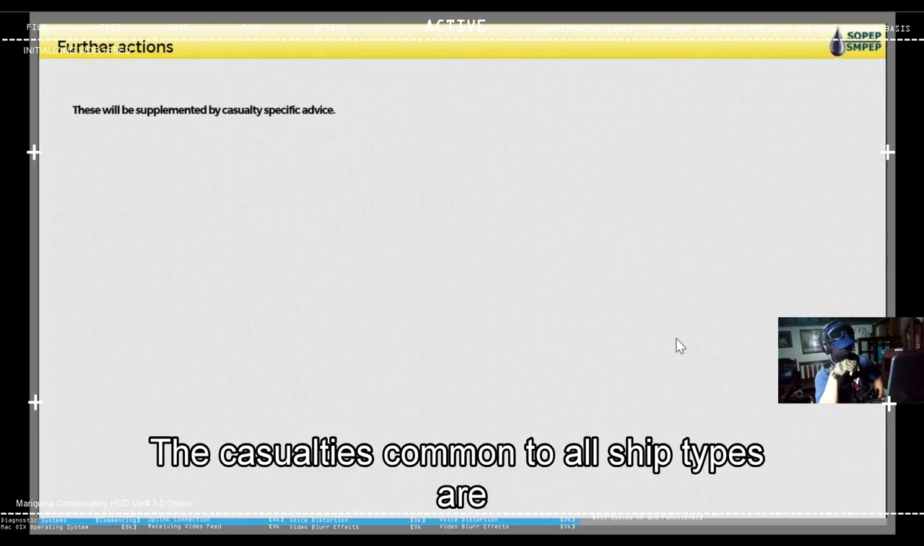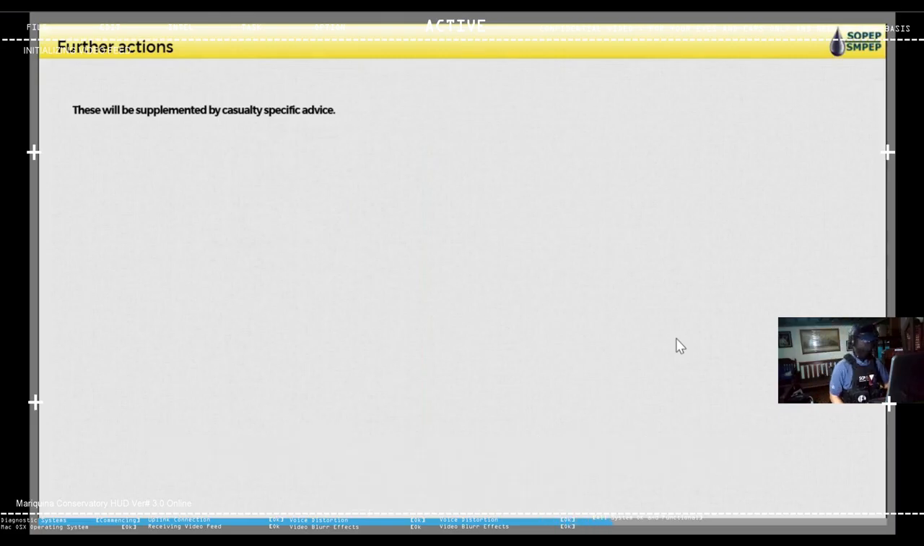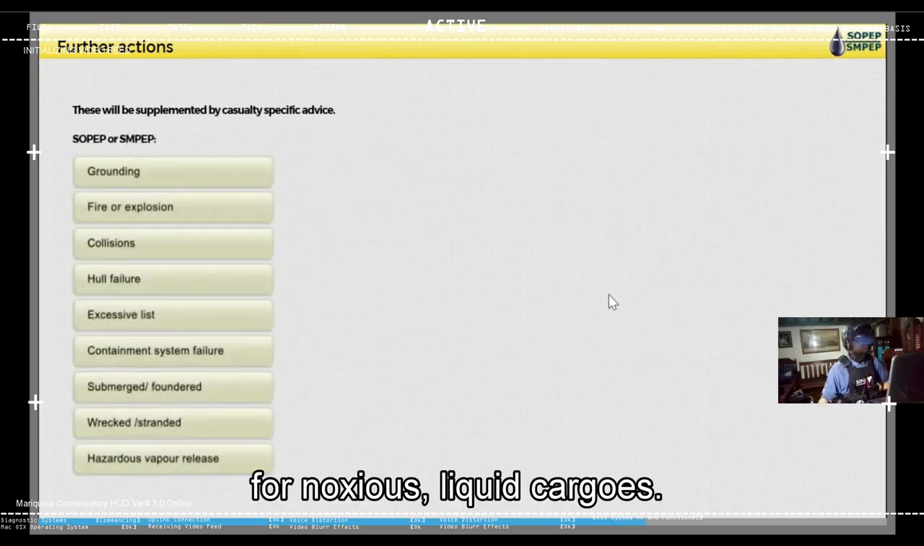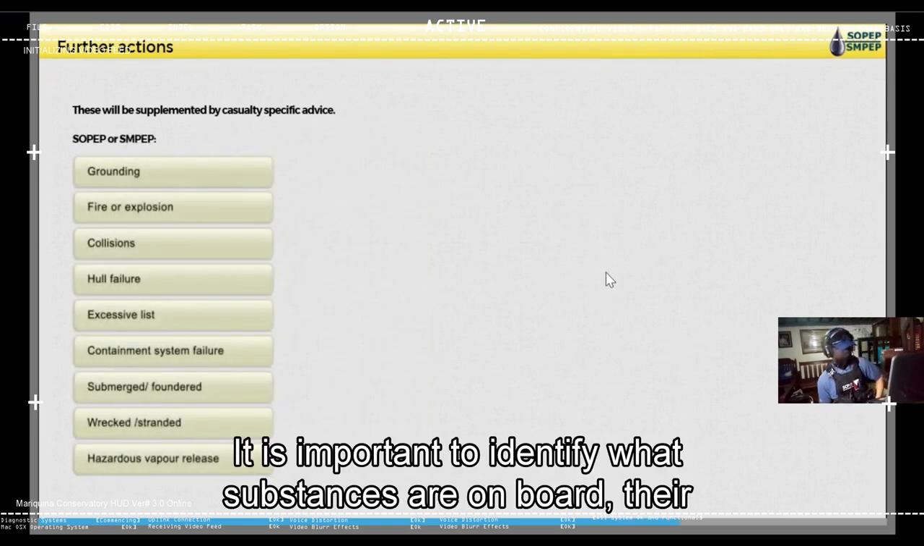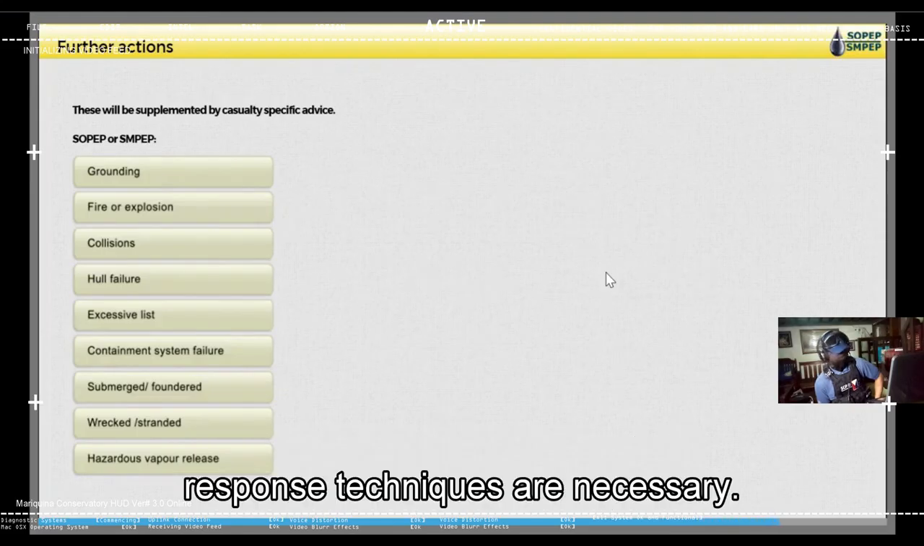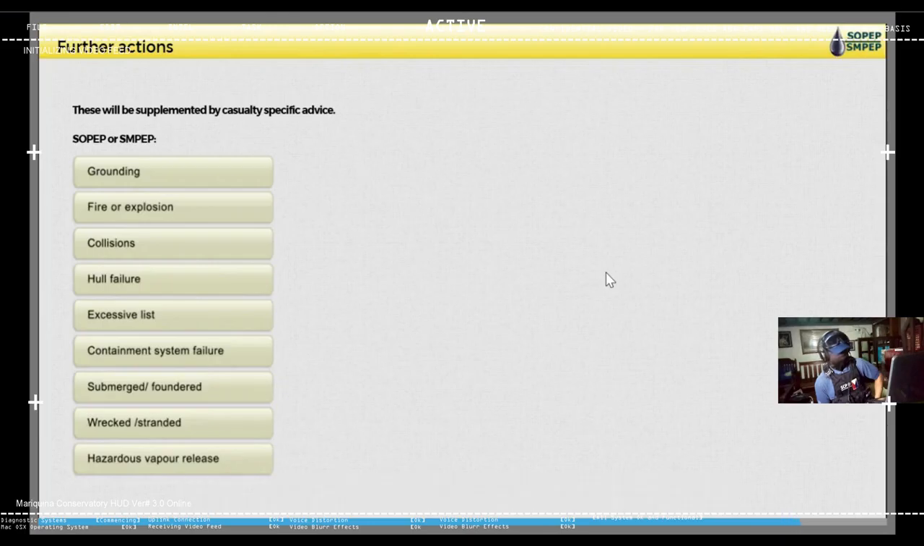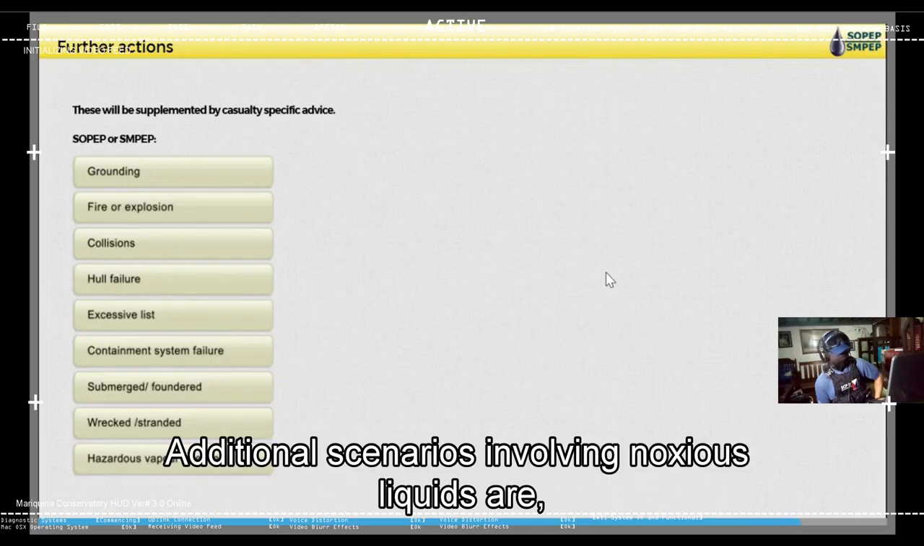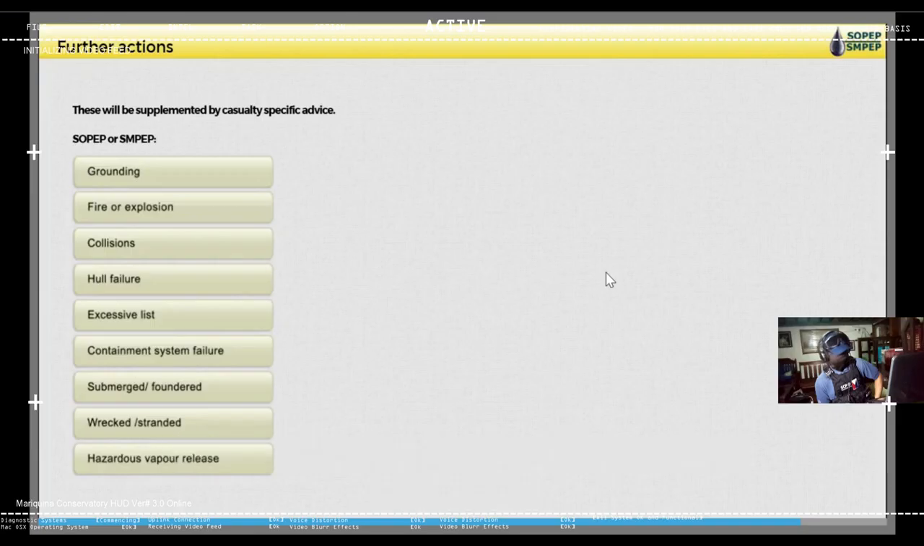The casualties common to all ship types are: for noxious liquid cargoes, it is important to identify what substances are on board, their properties, and whether special protective equipment or unusual response techniques are necessary. Additional scenarios involving noxious liquids are: